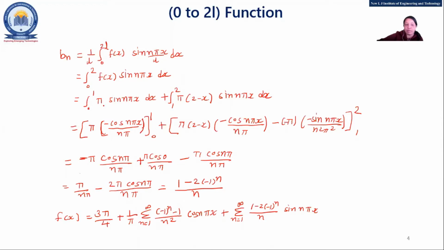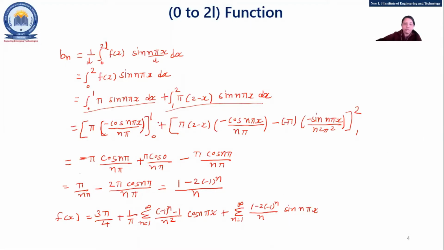So you have to apply the general formula. It is a discontinuous function. So make sure whenever a discontinuous function is there, you have to divide it into two terms. One is 0 to 1 and the second one is 1 to 2. So please make a practice of these sums. There are so many sums given in the book. Purchase the book whose name we have given and just start practicing.